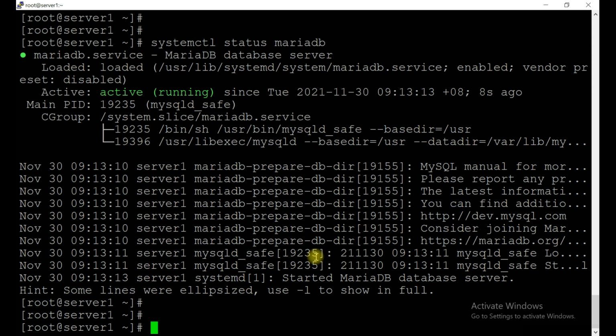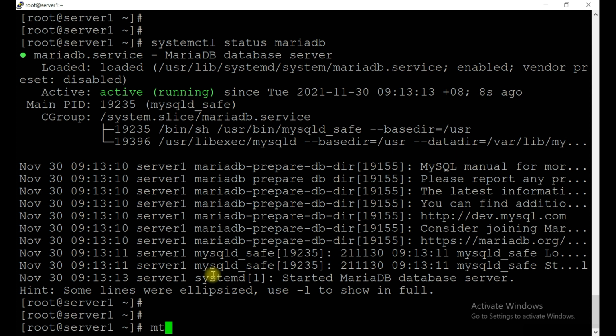So what we need to do is secure the MariaDB installation.